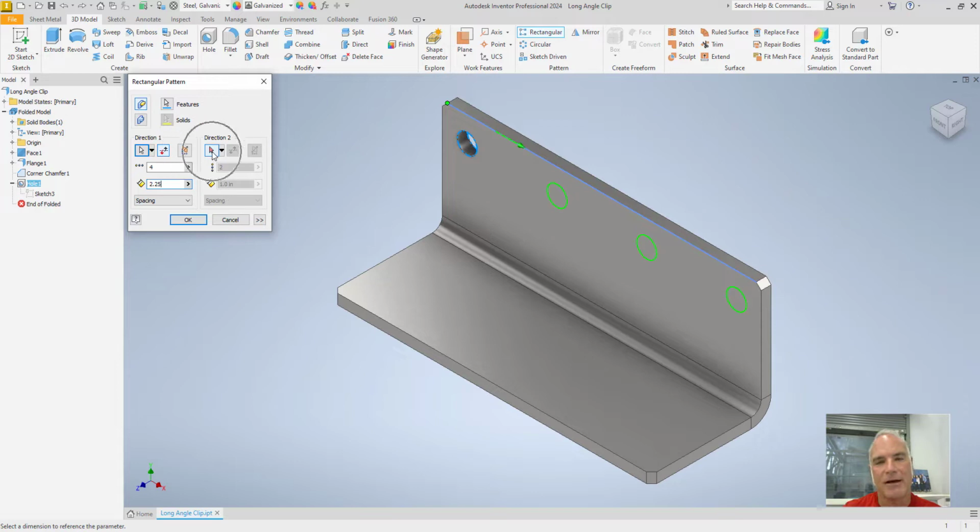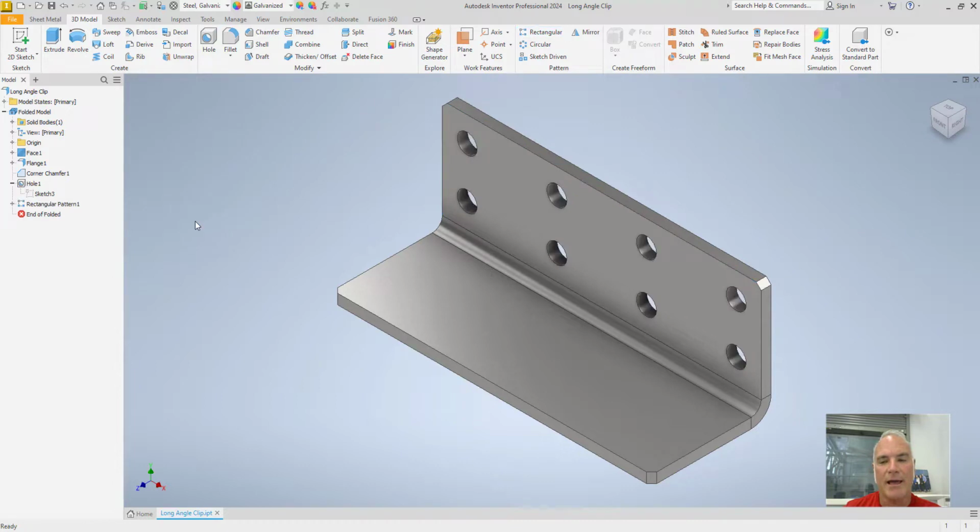Without clicking on anything else, I can then go over here and specify another direction for this. In this case, I want it to be along that line right there. Again, it's making it go up, so I'm going to flip that direction the other way. And let's say I want 1¼ inch between the pattern in that direction. Once I do that, I can simply choose OK, and you'll see that it creates the pattern along that